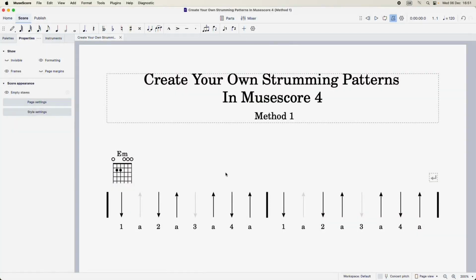Alright, so in this video I'm going to show you how you can create your own strumming patterns using Musescore 4, and this is just one method. It's the method that I use for my students, but there are other methods too, so I might get to those as well. But we can clearly see that what we have here is 2 bars worth of a strumming pattern, and we can also see that I've got the rhythmic subdivisions noted under the strumming pattern,